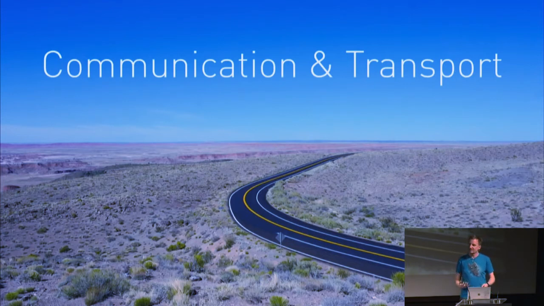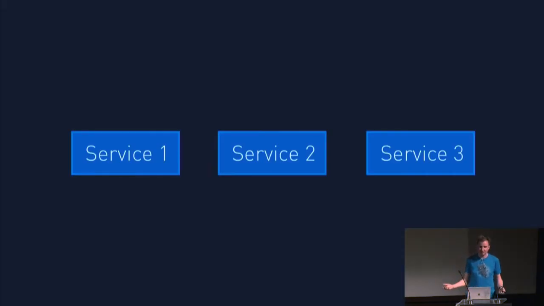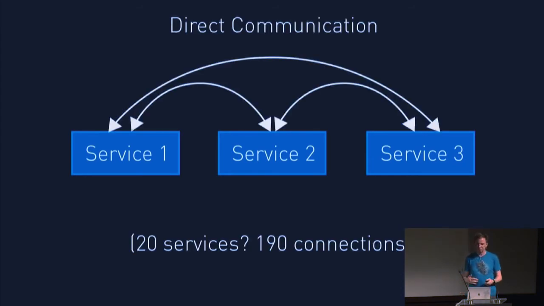So that's the basic idea about services. But the crucial thing is, how do you talk between them? Say we have 3 services, and this is very optimistic. We have over 30, I think. I heard at one point Uber has 2,500 services for reference. So you have 3 services. You need to talk between them. Well, how do you do that? There's no defined standard for this in the world generally. The first naive option is direct communication.